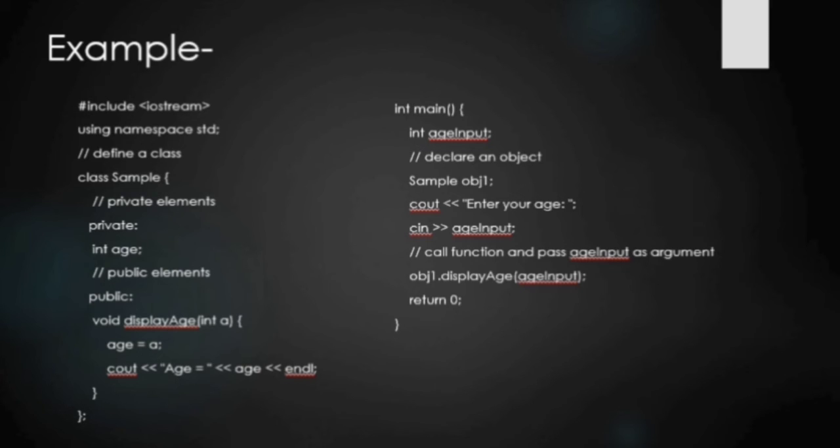We can only indirectly manipulate age through the public function, that displayAge function. This function initializes age with the value of the argument passed to it, the function parameter int a. So we make it public, and then indirectly we are accessing it.